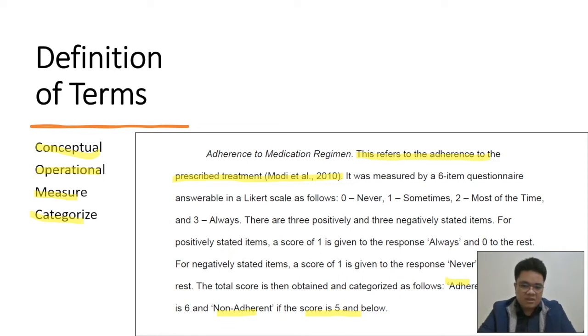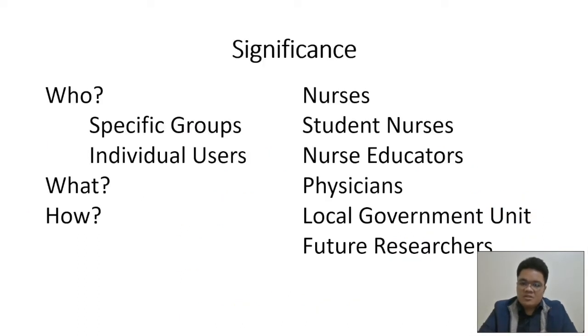So that the reader will be able to have a valid conclusion from your findings. Okay, or the reader will be able to explicate how they will be able to use your research findings. Then, the significance. When we talk about significance, it basically answers the question, what is the benefit of your